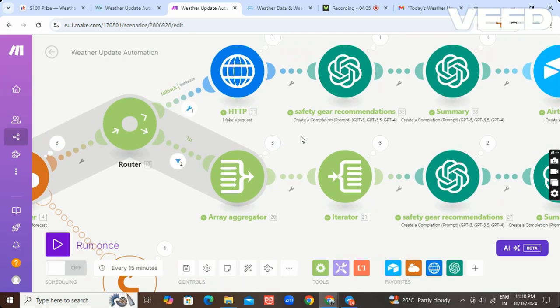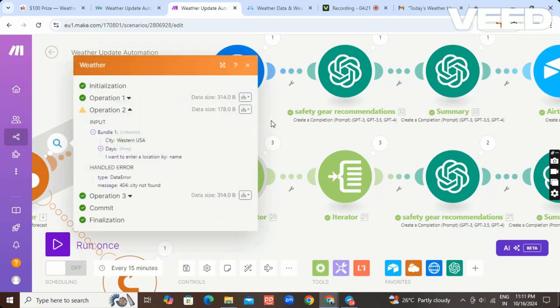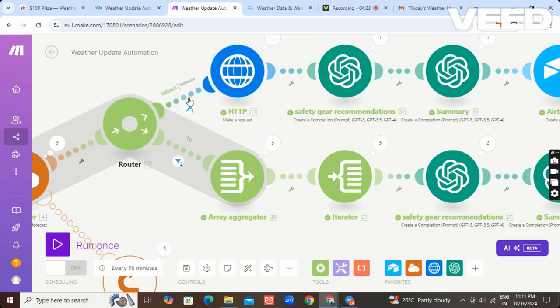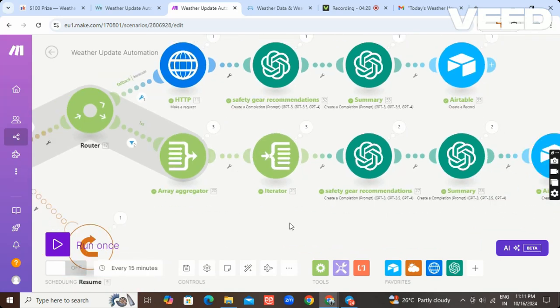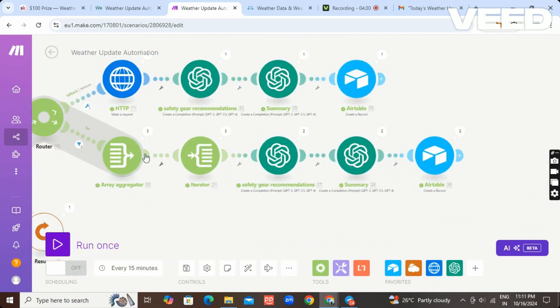Here we use the router to separate our bundles in two different ways. For the first route we pass the two bundles that ran successfully. And here is the one bundle, operation 2, which is not successful, so we pass this bundle to this route through this filter. So let's see the first, the successful bundles. We use these bundles and combine them in this array, and then we can